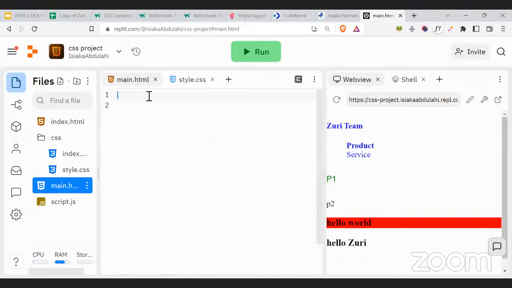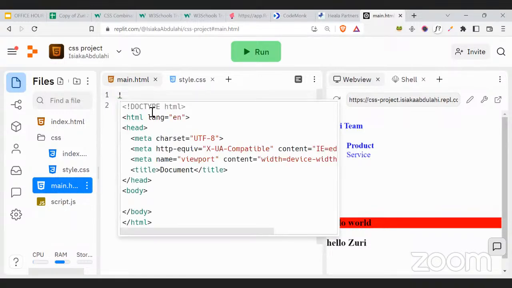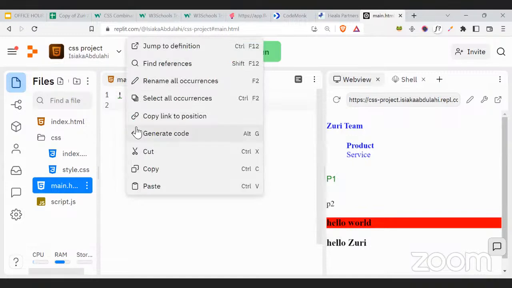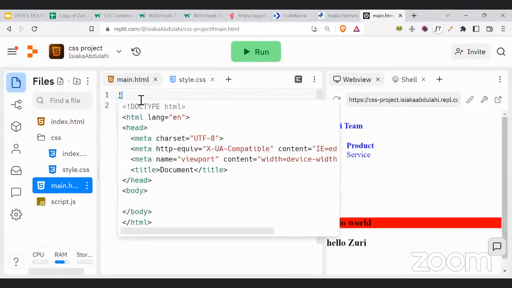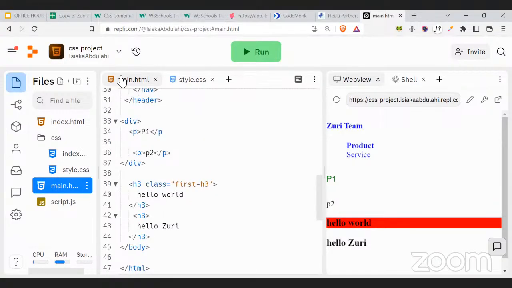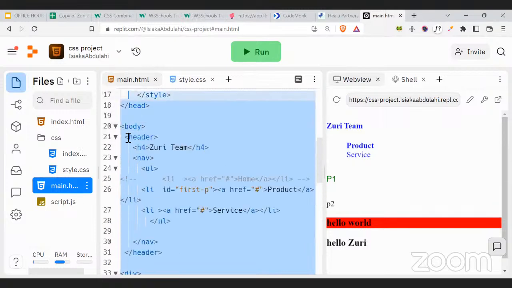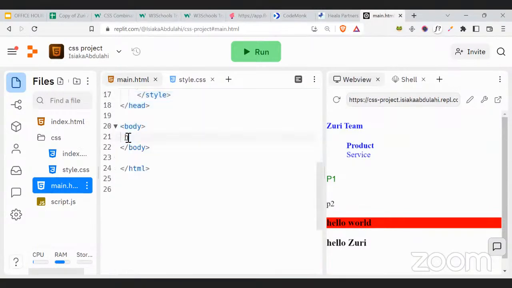So okay, I think I have to select. And do I need to copy it? Okay, now I've copied that. Then I want to paste. I'm pasting it here. So I'll delete whatever is inside my body. I'm going to put an H2 here that says I am from the main